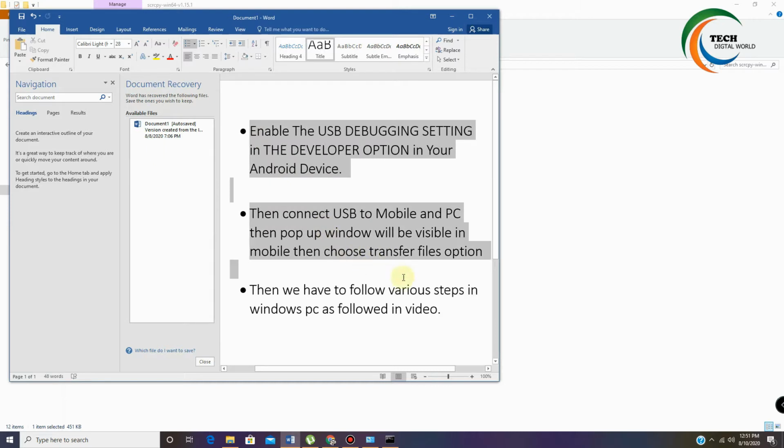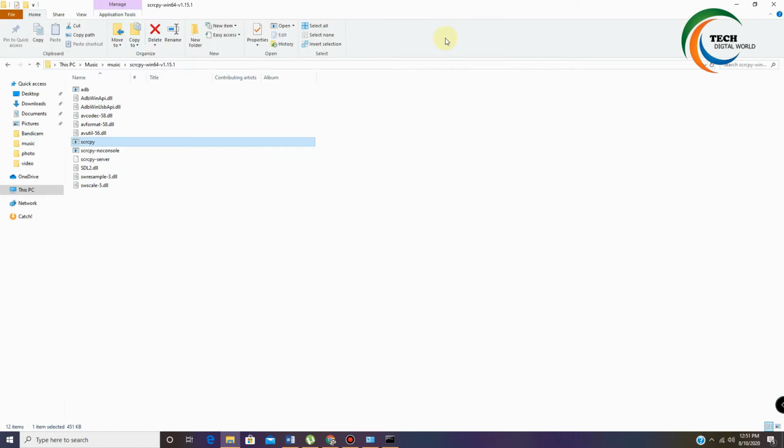This is a must. Once I successfully enable developer mode, I will connect my USB device. Let's connect it. Then I have to click on transfer files. Then there will be one option, allow USB debugging, so I will allow it.